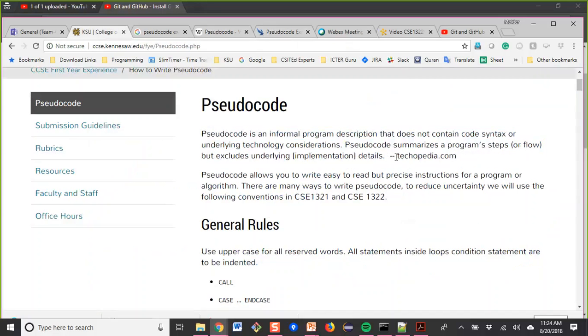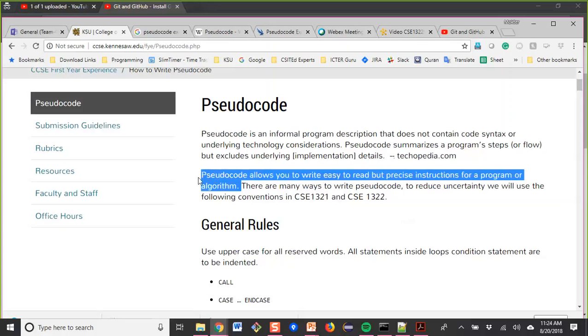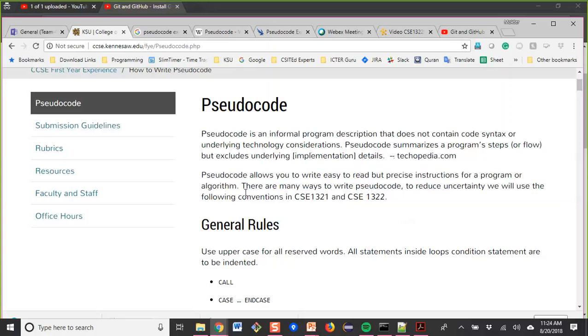This is the definition from Techopedia.com. Pseudocode allows you to write easy to read but precise instructions for a program or algorithm. When we describe an algorithm, we will initially start by writing pseudocode.